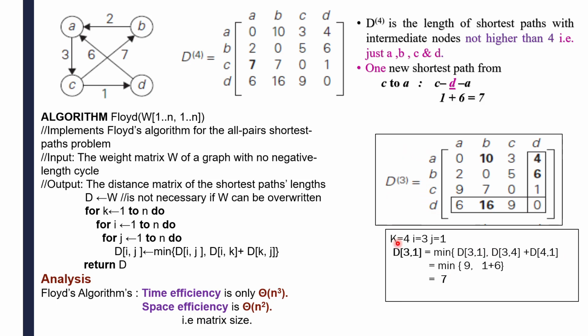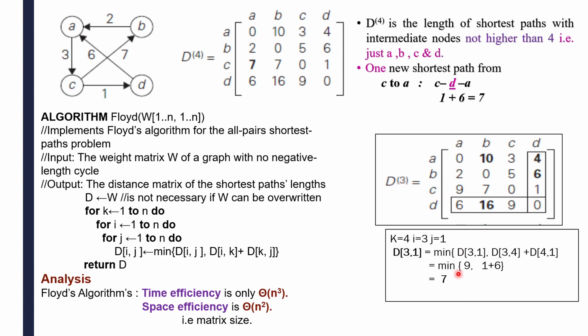So now as you already know, if I want to get the solution for this D4, I have to take the D3 as a reference. With the help of this matrix only I'll get the solution for D4 now. So now I want the d of 3 1. Third row first column, this value I want to calculate now. For calculating this one I'm taking the help of this matrix.